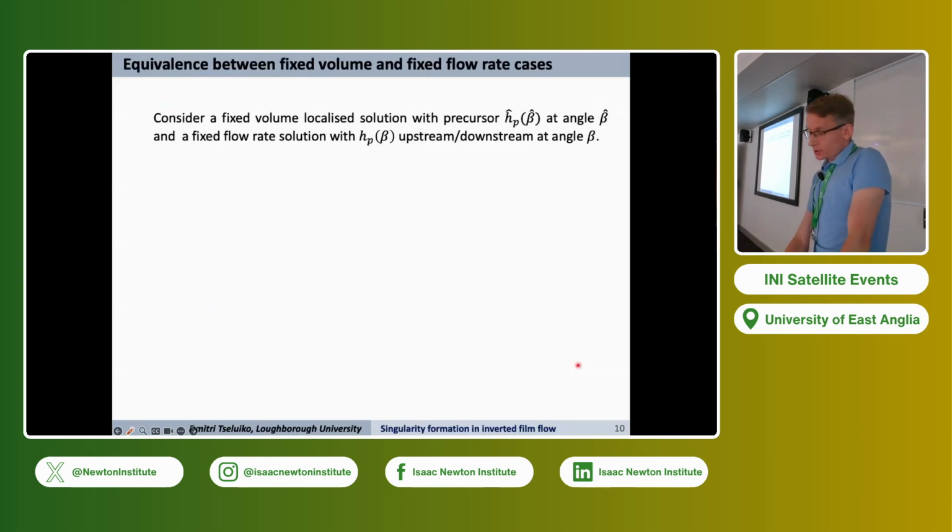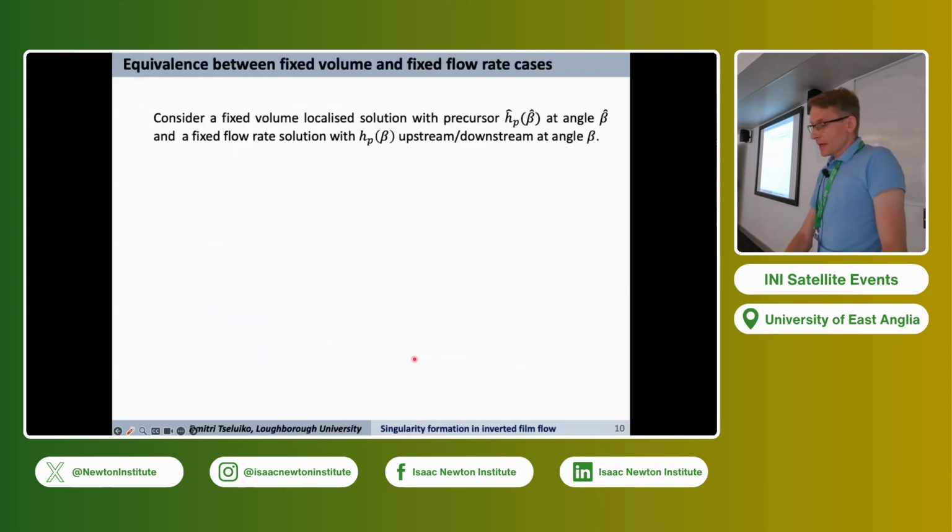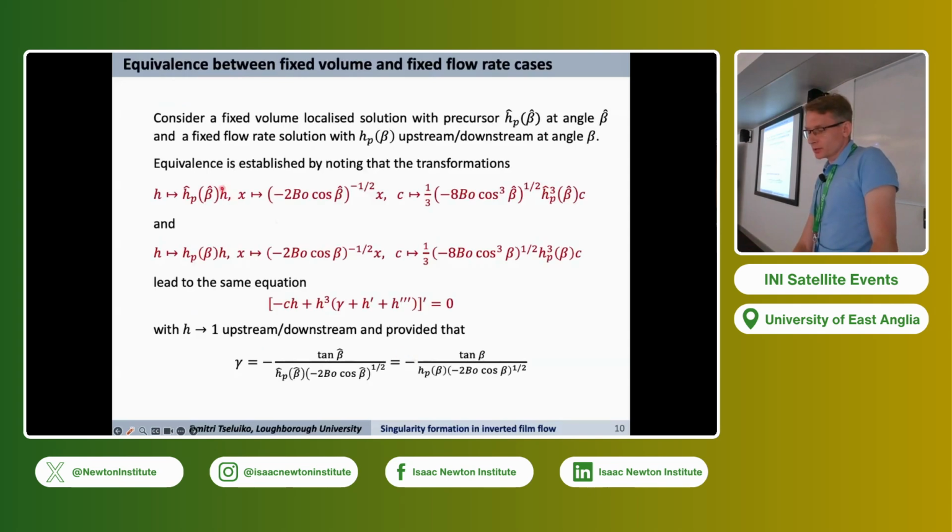And actually, for the linearized curvature model, these two cases, the fixed volume and the fixed flow rate cases, are equivalent. And this can be established by noting that if the thickness is rescaled by its far field value, and if the streamwise coordinate x and the wave speed are rescaled as shown here by using the inclination angle beta and the Bond number,